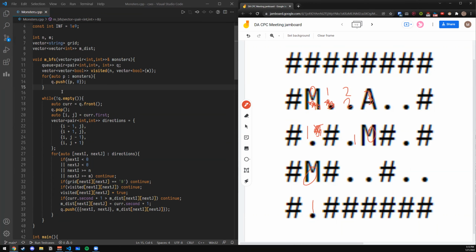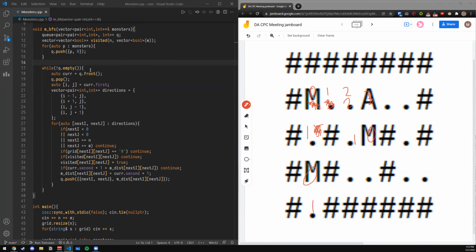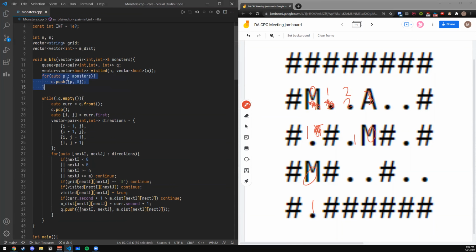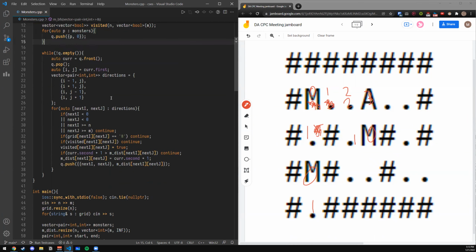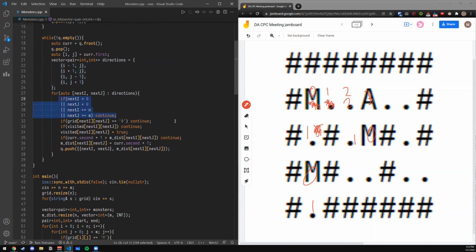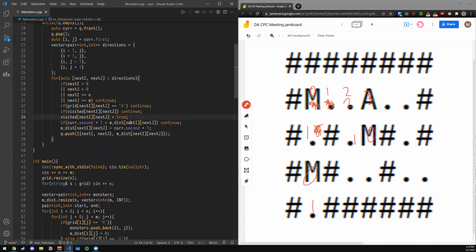So just add it to the queue, and then I personally had it as I just had a vector of pairs, and then I added it to queue, and then I also had a pair plus the distance started 0, and then for every direction, check if it's out of bounds, check if it's a wall, check if it's visited already. I don't know if you need the visited. You don't technically need the visited, but